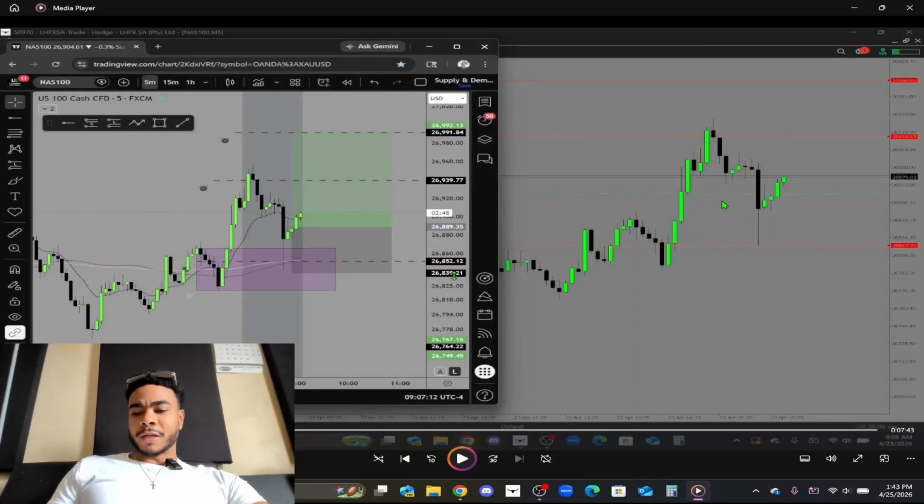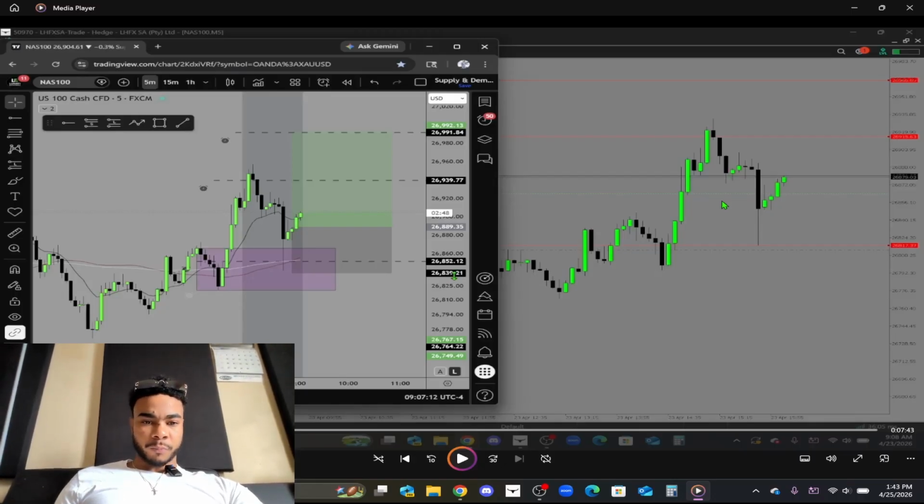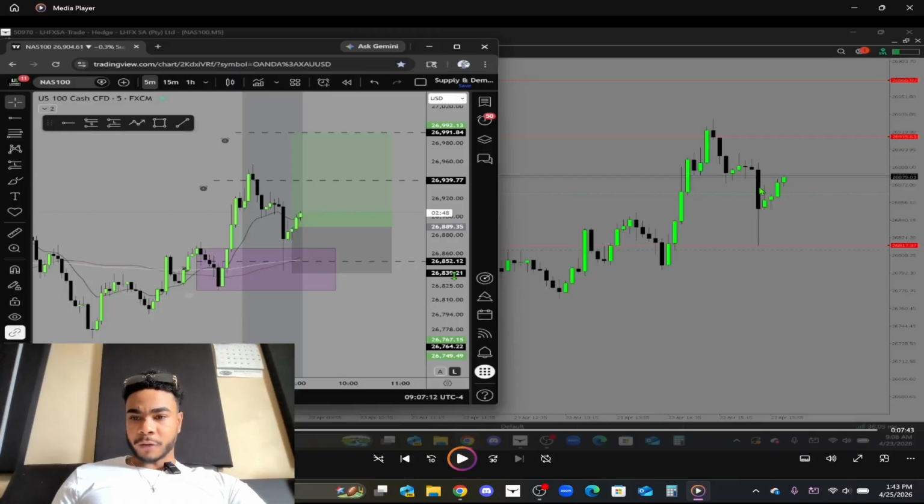So today is April 25th, 2026, and this is going to be Thursday's trade breakdown. This is going to be April 23rd, 2026 trade, right? So right off the back, I'm already in the trade. I'm already in buys. As you can see, this is my